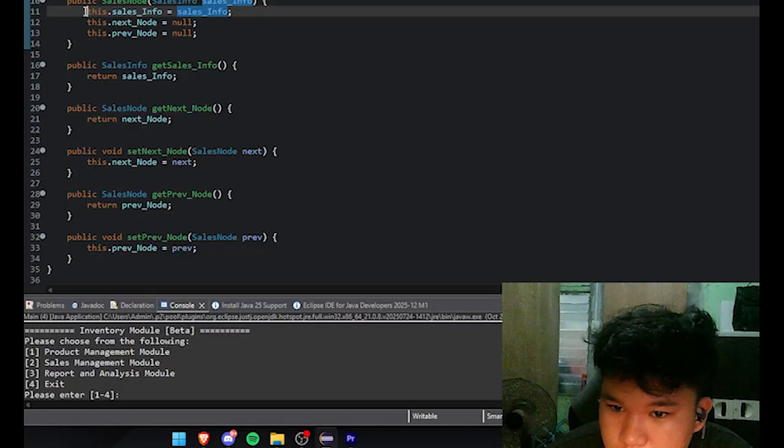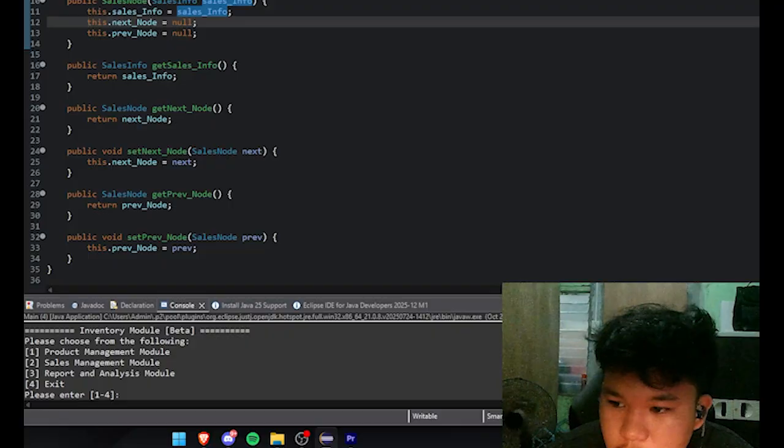Next, for line 11, this dot sales underscore info equals sales info. This assigns the input sales info to the node's field. It basically stores the sales detail into the node.